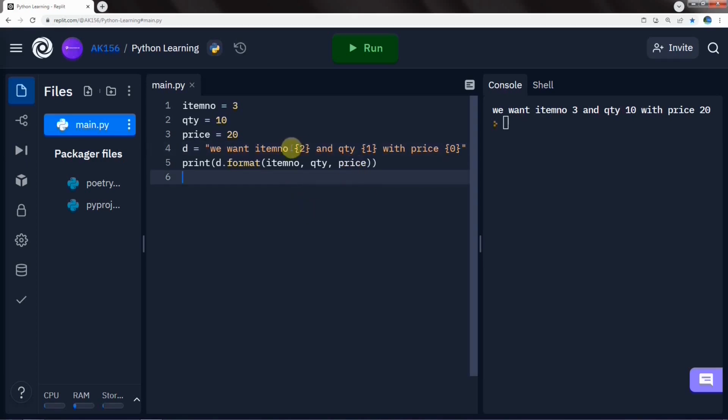Price goes to here, QTY goes to here, item now goes to here, because price is indexed with 2. We should have 20, 10, 3. Yes, 20, 10, 3. If we change this order,